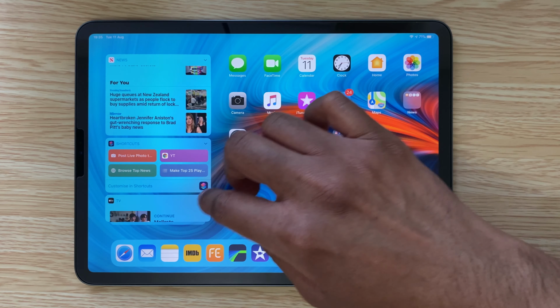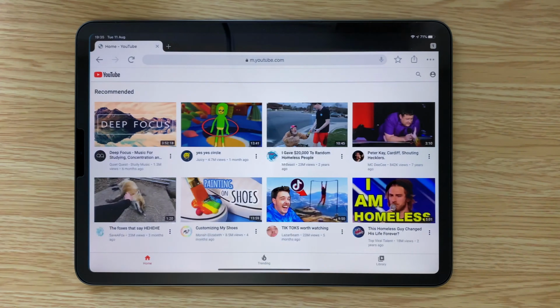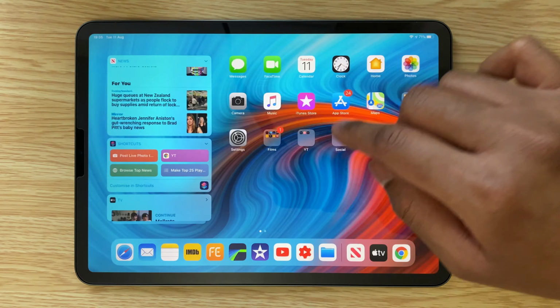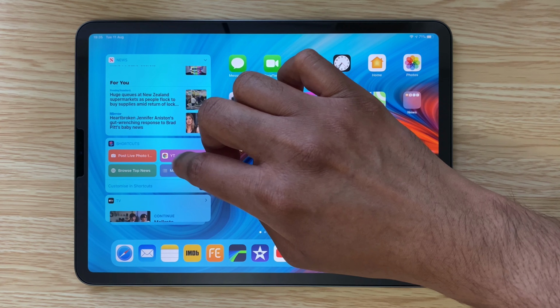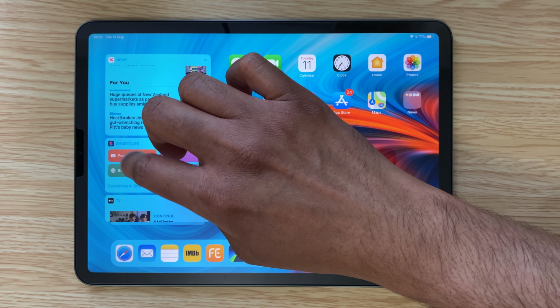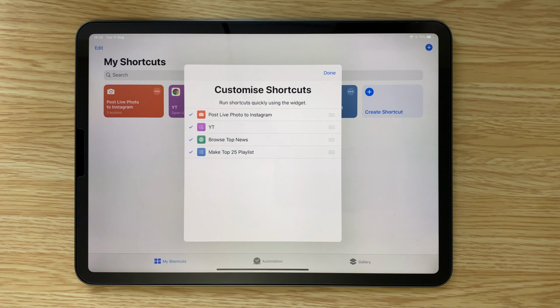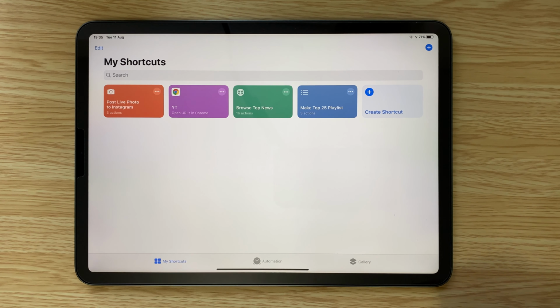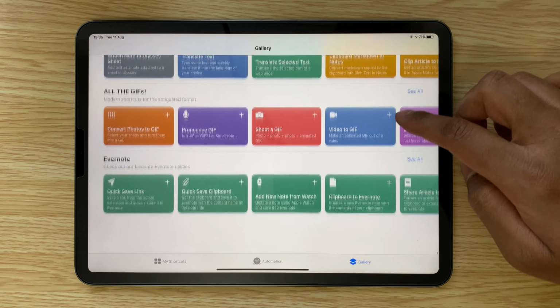Then I have the shortcuts widget. The shortcuts is really magic. Granted that it still has quite a few options missing, but it really allows you to program operations without actually writing code and make your iPad do tasks with a single tap. Ingenious really. I will make a video about this in future.